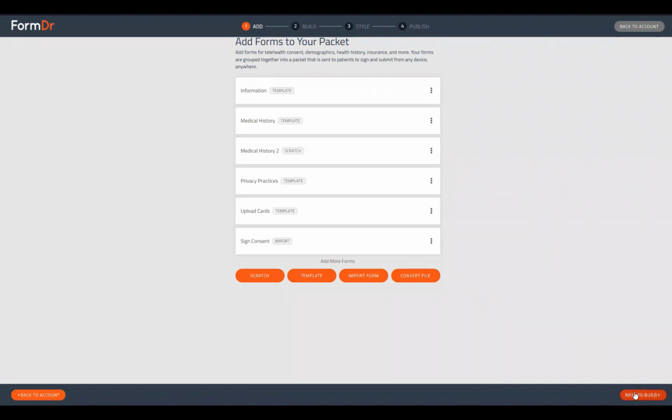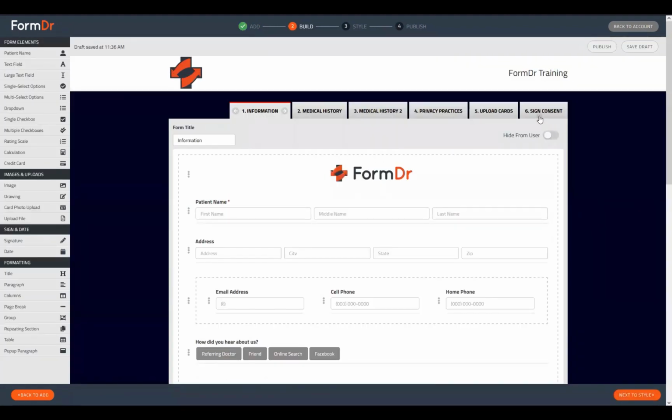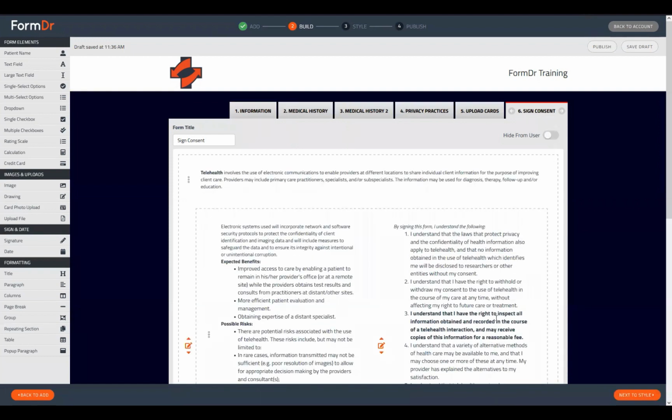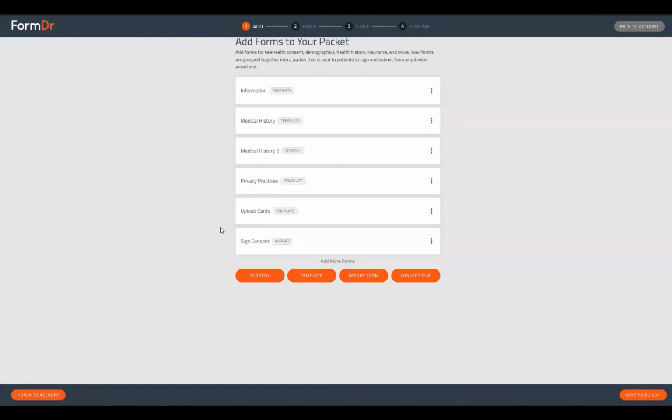All right, so we can go to Next to Build to take a look at that consent form. And if we would like to update the order of these tabs as well, because any added tab on the Add Forms page is going to be added at the end of that packet. So if you want to bring that up and maybe let that Upload Cards page be the final tab,